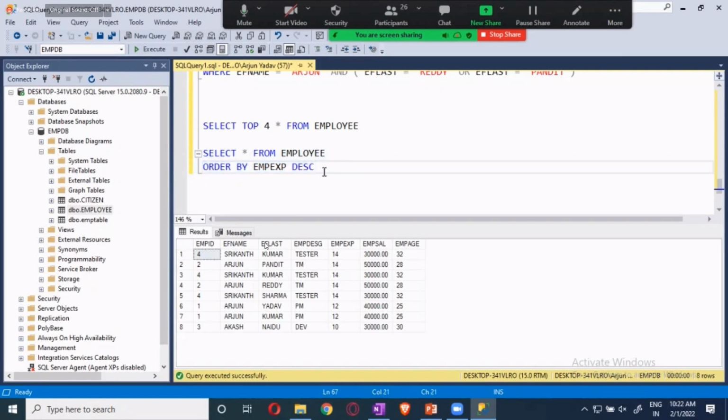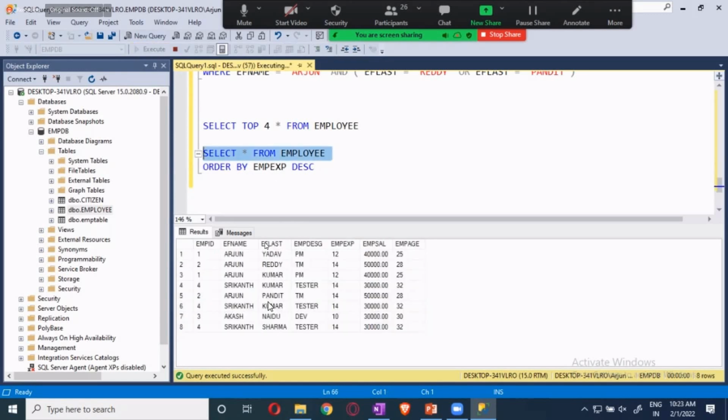Now here it is being ascended based on the numbers over here. This is the top 4 I'm getting. I want to get the last 4 over here. Then what we can do, based on any particular column, is order it in descending order, guys, and then you can get it.